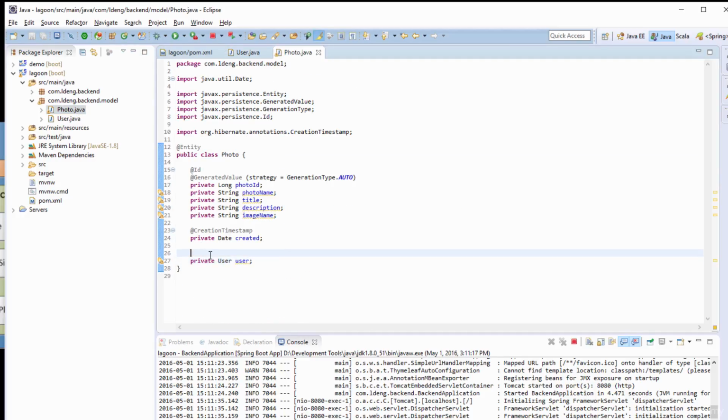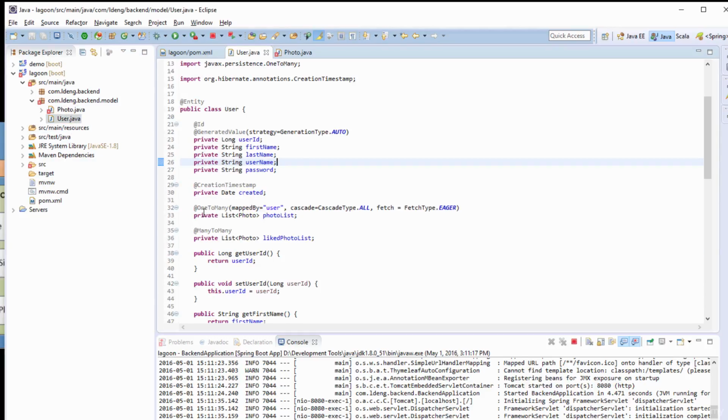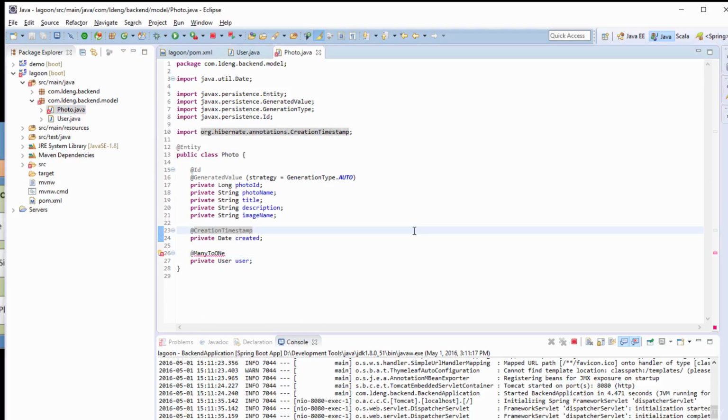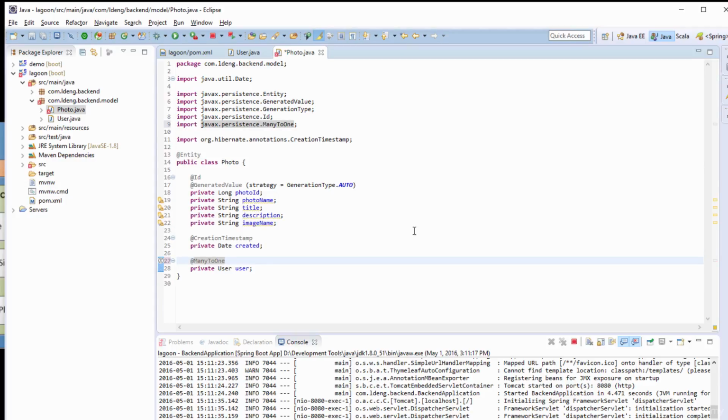Okay, so we're gonna do a many to one to answer the call from the user, one to many here. Okay, many to one. Ctrl+Shift+O to import the packages, and here we want to add one more node